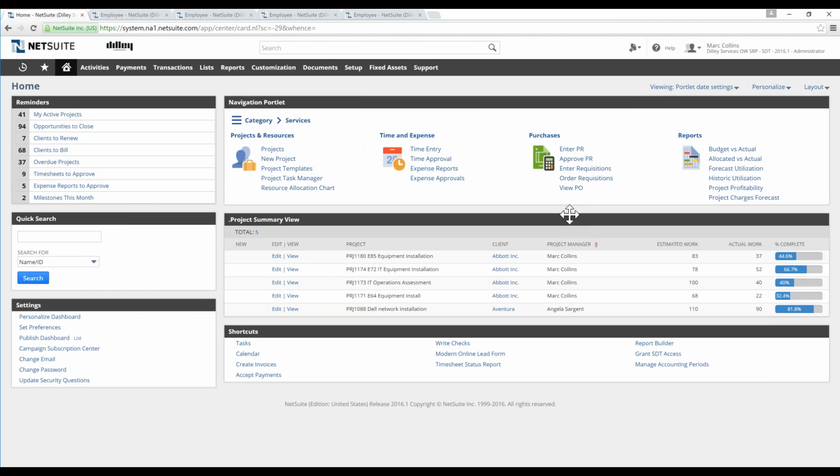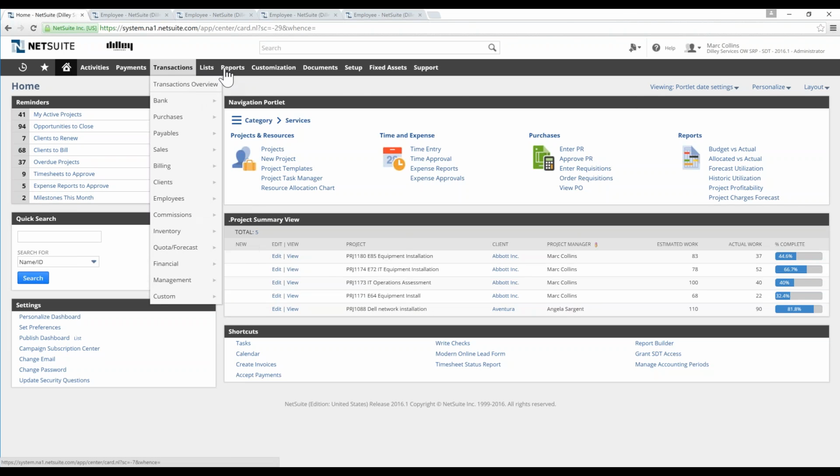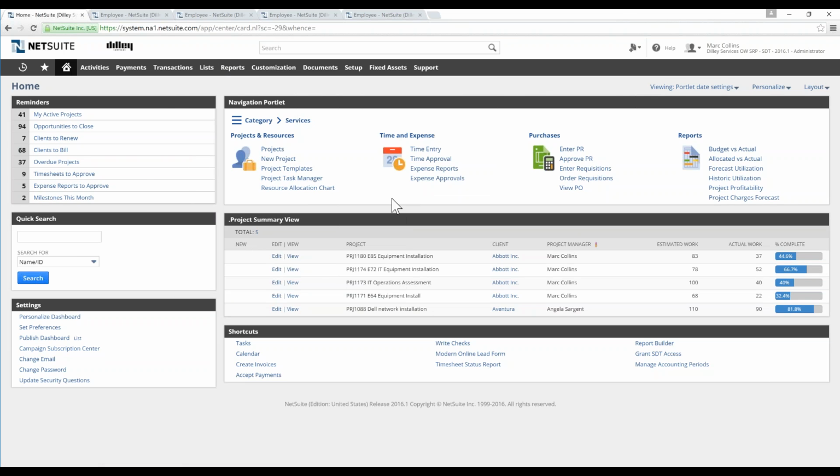So we're on Mark's home page, and as I said earlier, we've got a reminders portlet. So Mark has some timesheets to review and some expense reports to approve and some milestones to review relative to his projects. And then also some navigation portlet capability here, where he's got shortcuts listed to be able to quickly navigate through the application rather than running through the menus up top. And then we've got